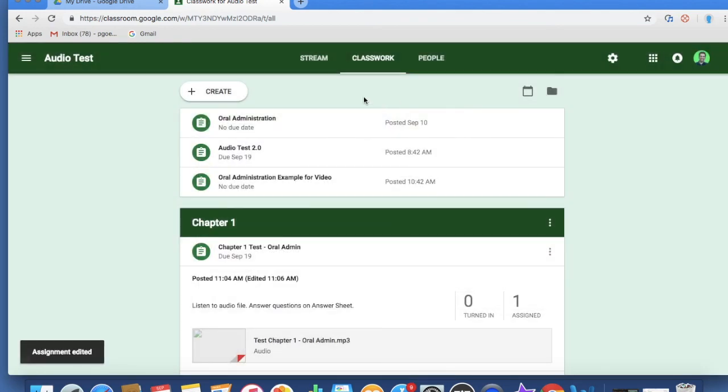So on their stream, all they're going to see is this oral administration test that you've just assigned. They're going to go ahead and work through it. Now, when we add the Apple Classroom component, you'll be able to basically lock them into Classroom. So that helps eliminate the chance that they're going to cheat. They're going to be on another browser. They're going to be doing other things that they shouldn't do, anything nefarious. So that will be helpful for